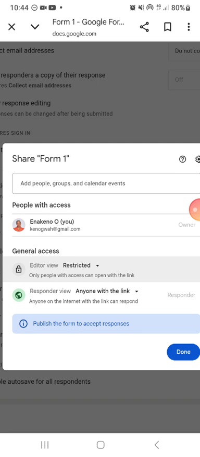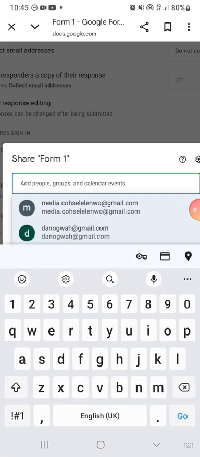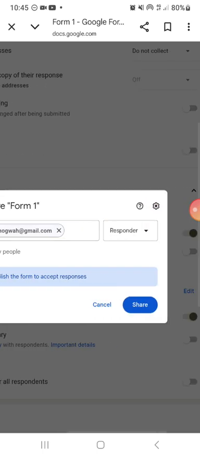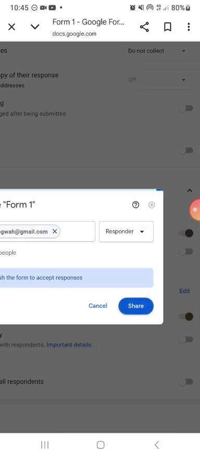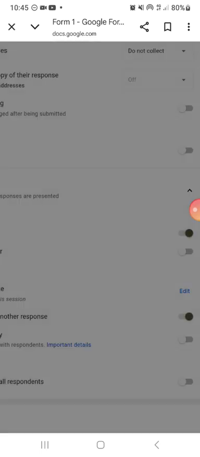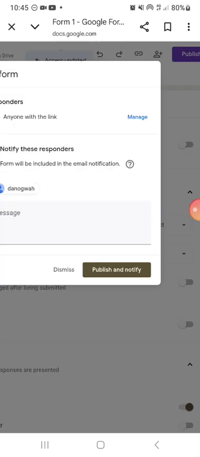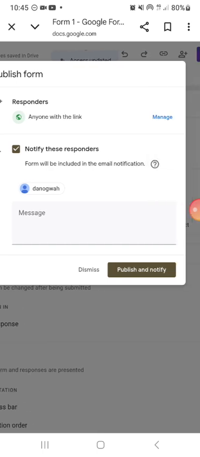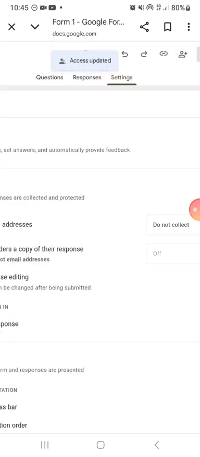or you're working in a company and you want your workers to have access to this form, you can just invite them through their email. You just click here and invite them through their email, and then you can notify them. Once the people you're inviting, you can check whether they are going to be responders or editors. All right, so I'll just click on publish and notify, so our form is ready to go